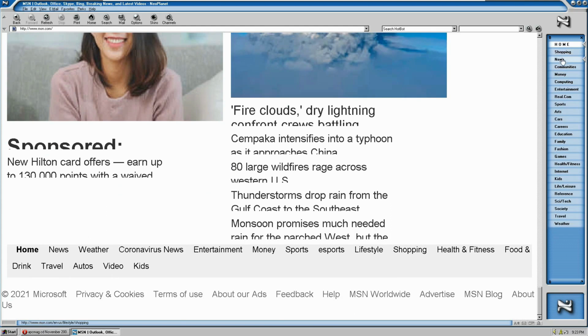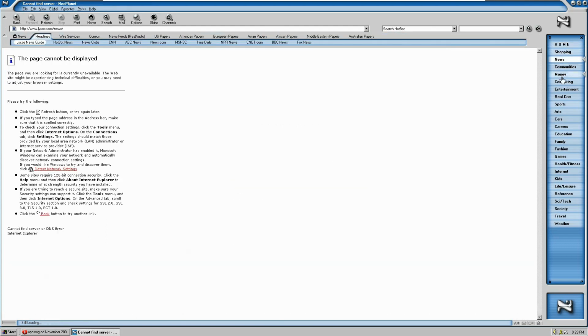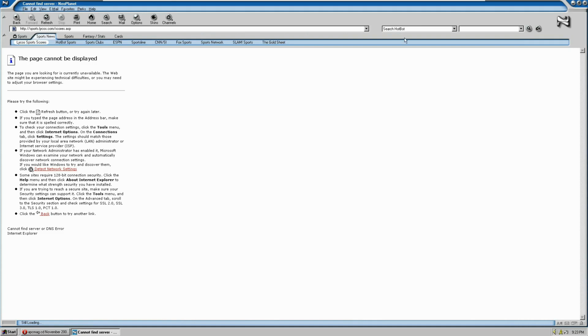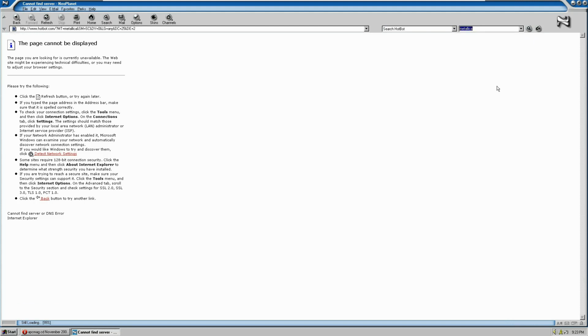Now let's see if any of these work. Oh, they definitely don't. Those are offline, so we'll just ditch that. Search Hotbot, search Lycos. Let's try searching Hotbot. I don't know if that's around anymore. Yeah, no. So this is dead. But no, it doesn't want to do Yahoo.